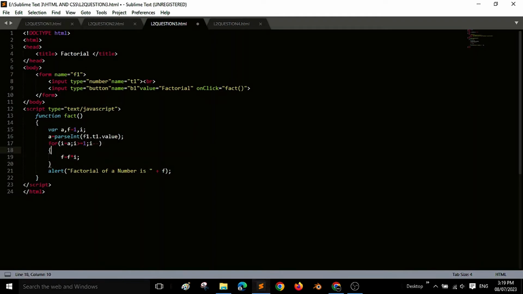Let's go towards it. First, let's close the form tag and body tag. Now opening the script tag with type equals text/javascript. It is basically to instruct us that all the lines below are JavaScript. So function fact basically states that let's define the function fact. Its definition or commands are